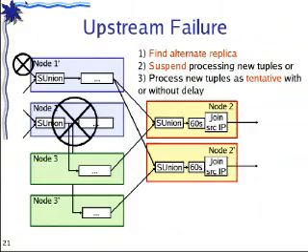As a second line of defense, if a node cannot hear from any one of its input streams, then we have this bound, this maximum processing latency, that we can use to suspend processing and hope that the failure is a short transient failure, and we can mask it by delaying without introducing inconsistency. But if the failure is too long, then the node has to proceed and process the remaining input streams that it can process to make sure that we meet our availability requirement. And when this occurs, the node is going to start producing tentative tuples, and these tentative tuples are going to propagate through the network. And this will continue until the failure heals.